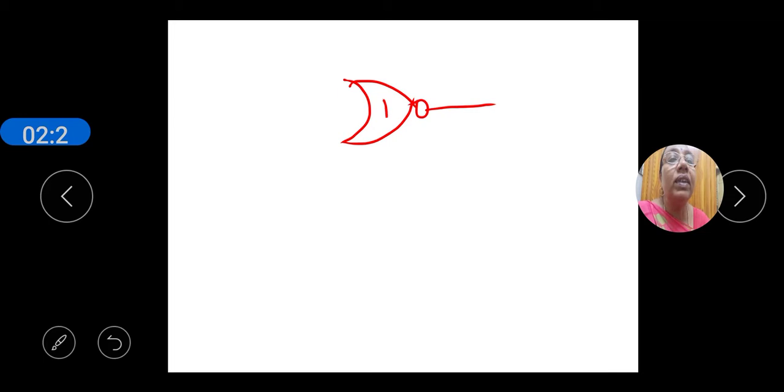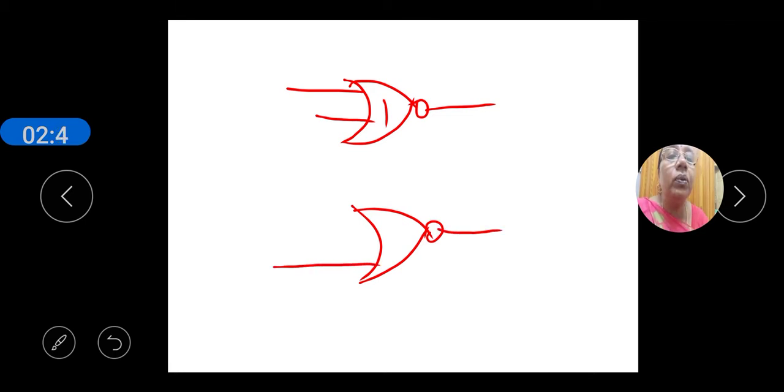Next we will see how to draw the bistable device or a flip-flop using NOR gates. For this, you have to take two NOR gates. This is the symbol for the NOR gate. This is the first NOR gate. It has two inputs, and you have to draw the second NOR gate. This is the output of the second NOR gate. It also has two inputs. The first input of the first NOR gate is denoted as R, and the second input of the second NOR gate is denoted as S.